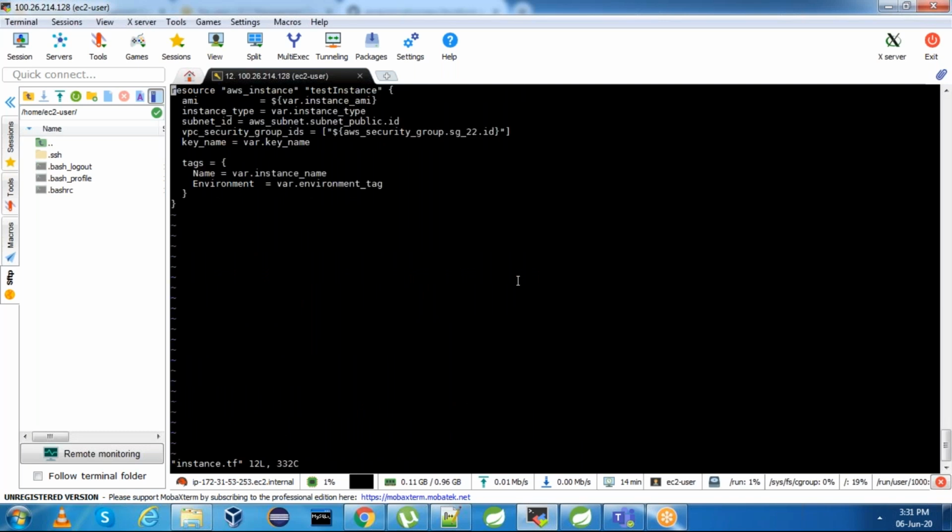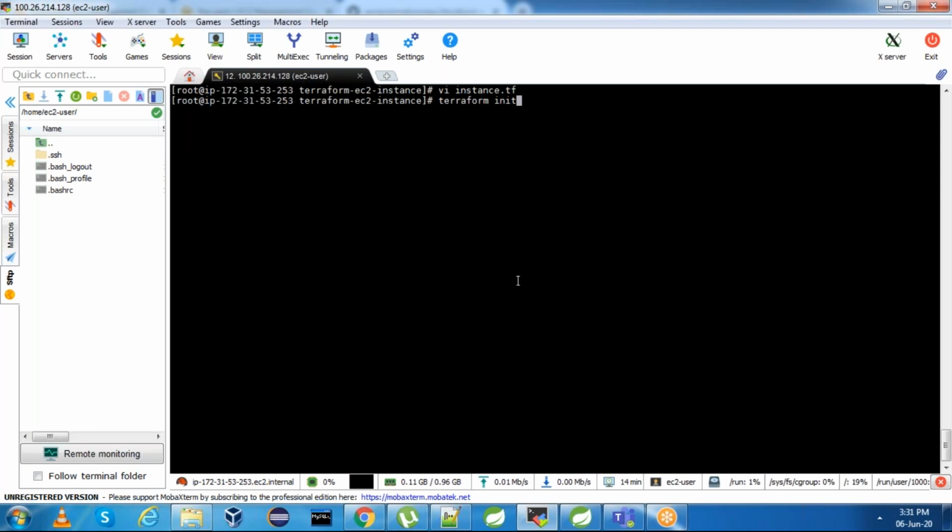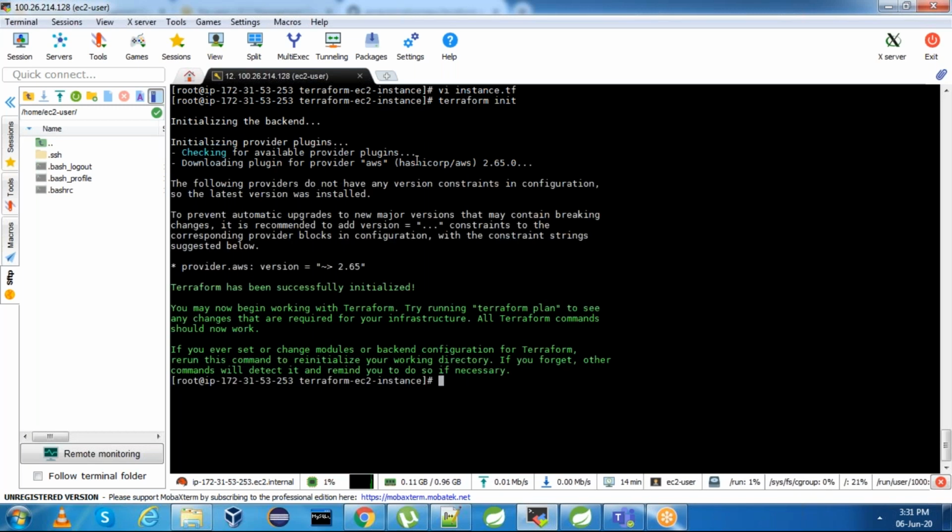It should be used in other cases, not here. Let me remove this. This is fine. That is wrong. Save this. Now do terraform init. Now if you see, it is checking for available provider plugins and it has downloaded the plugin for provider AWS. This is the version. Now the Terraform provider AWS version is 2.65 and Terraform successfully initialized.